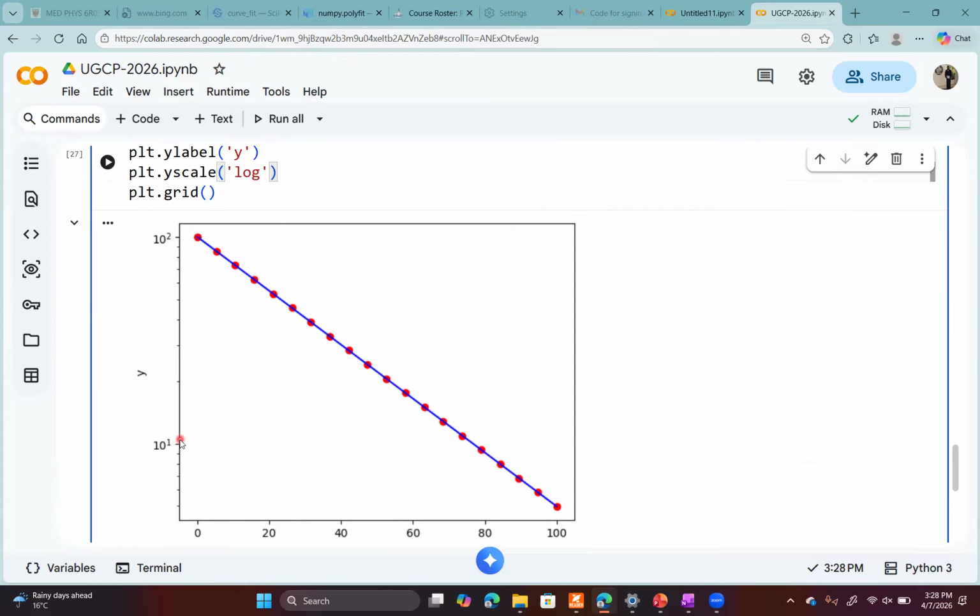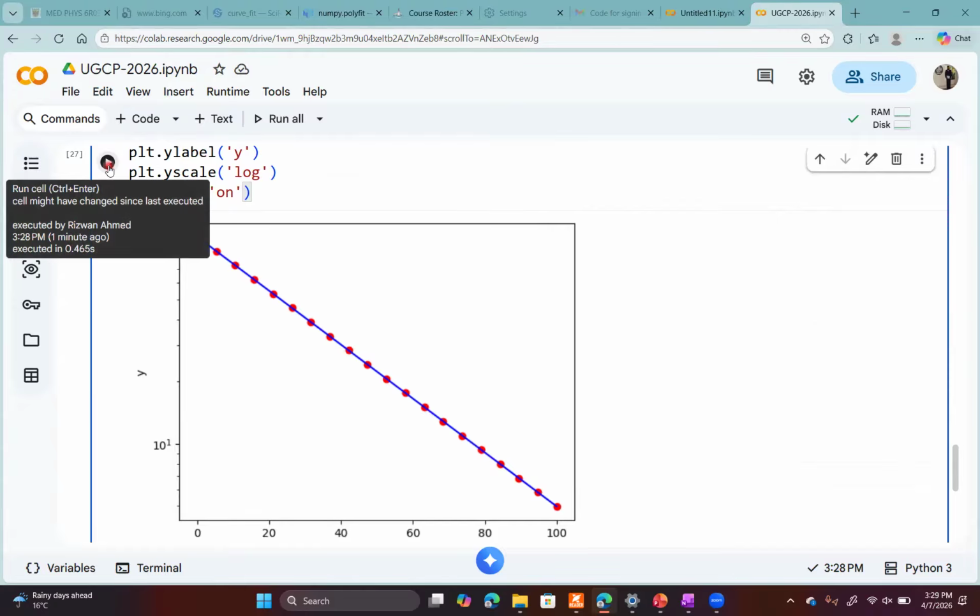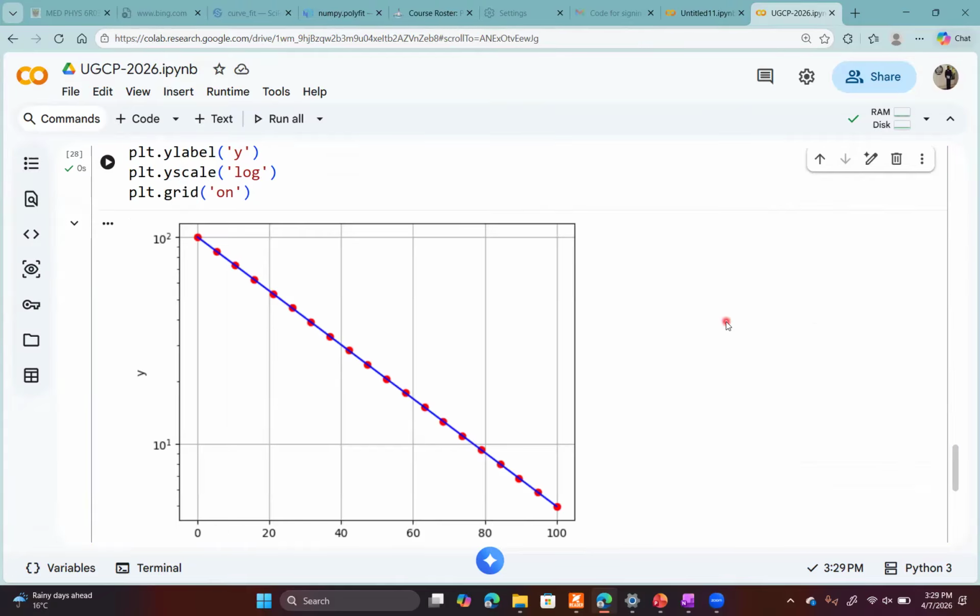which is apparent from the ticks, that this is 10 raised to power 1 label, and the other unit is 10 raised to power 2. Right? So if I turn the grid on, you will be able to see the lines. Yes, here it is. But only the grid lines on x-axis have been shown. If I need the finer grid lines,